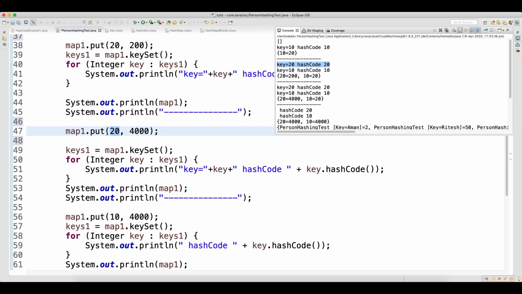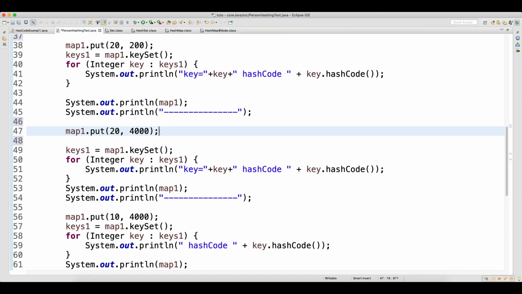When you perform the put method for this 20, your hash code is not going to change. The hash code will be the same, and the value is equal to 4000.